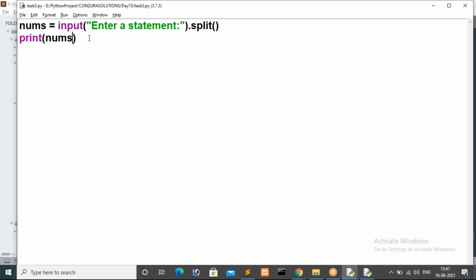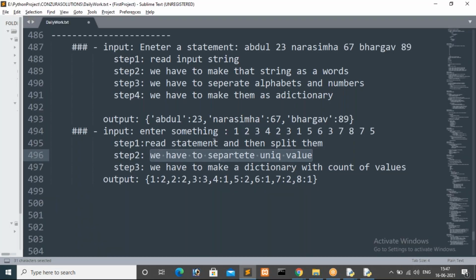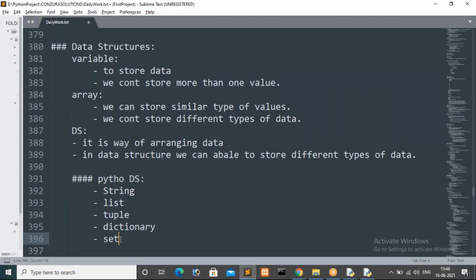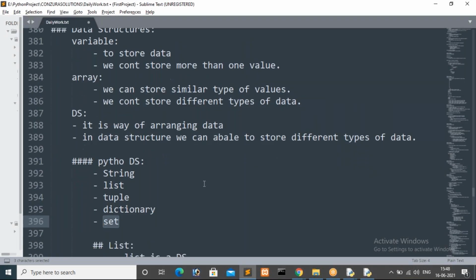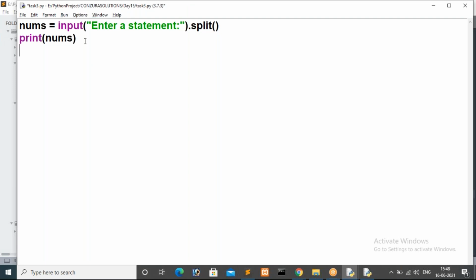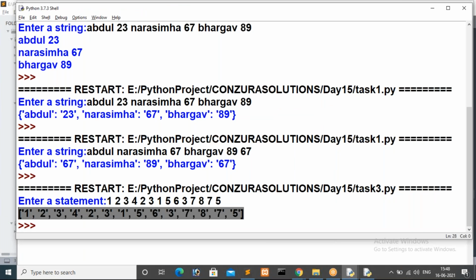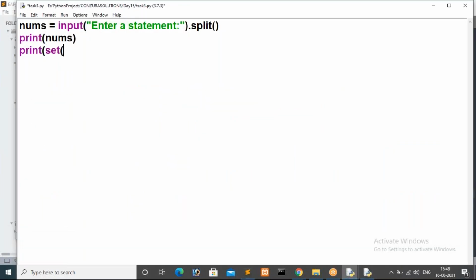Now instead of doing that, we have a concept here. In data structures, after dictionaries we have another concept, part of dictionaries, that is set. By using the set method, we can get unique values, guys. We will see here. Inside nums we have some values, including repeated values that exist in that list. But now I want to print unique values only. For that, I am giving set of nums. Set is a function. For that I am giving nums. Nums is a list. In that nums we have values, along with duplicates.